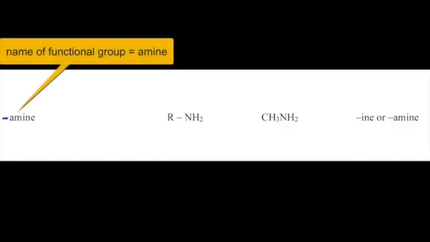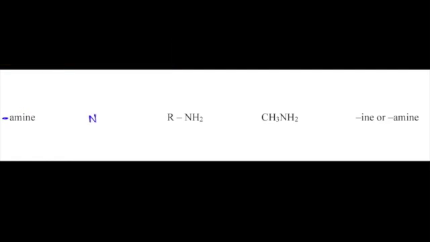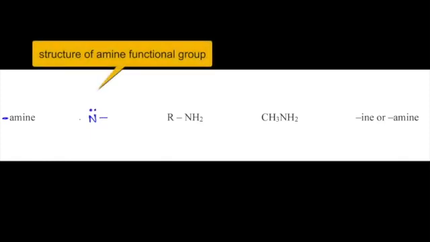The amine functional group has a nitrogen atom. So that's the only one in these 7 functional groups that has a nitrogen atom. And this nitrogen atom has a lone pair of electrons and then 3 bonds. So these bonds are typical for nitrogen, which should always have 3 bonds